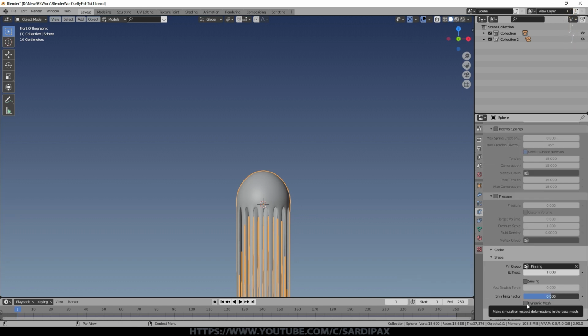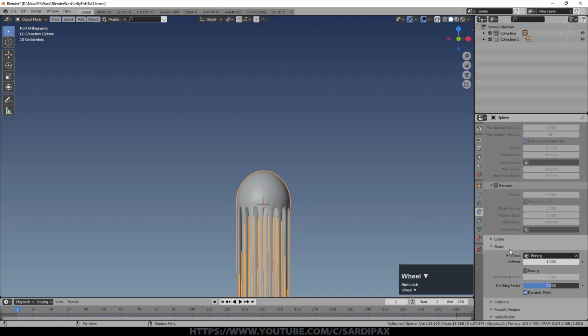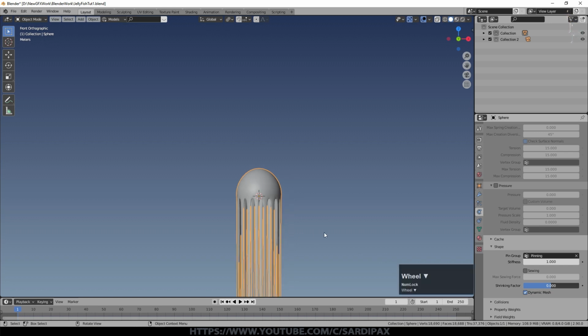It's important to turn on dynamic mesh because this is now an animated mesh. It's changing shape and things like that. So I need to make sure that the cloth modifier recognizes that. And that's all I did for the cloth modifier. So let's see how that works. Now this is going to need to bake as it goes. So this is going to be a little bit slow. You can see the frame rate's quite low there.